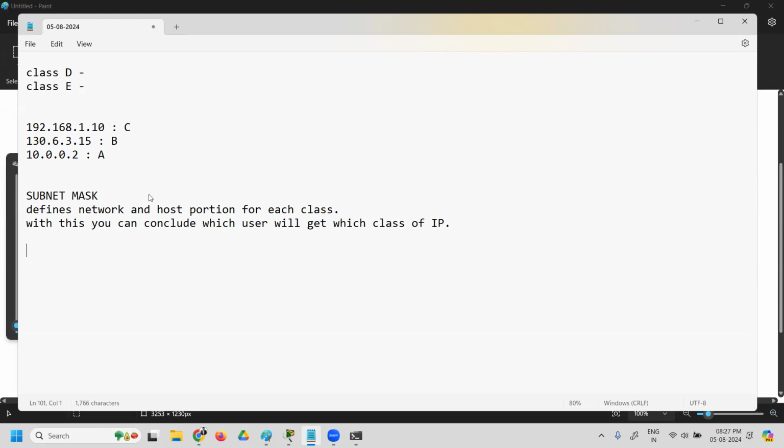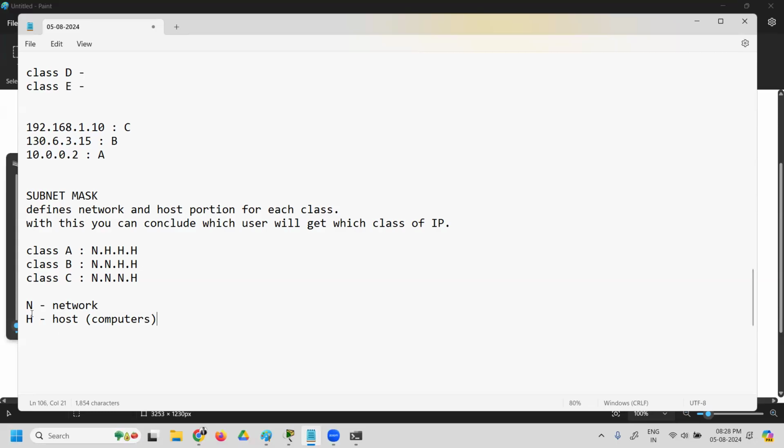Now let's see how the subnet mask is first set for each class. For class A, the subnet mask is one network portion and three host portions. For class B, the subnet mask is two network portions and two host portions. And for class C, the subnet mask is three network portions and one host portion, where N denotes network portion and H denotes host portion. Host means nothing but the computers. All right. So this is the subnet mask which is predefined. You cannot change this.